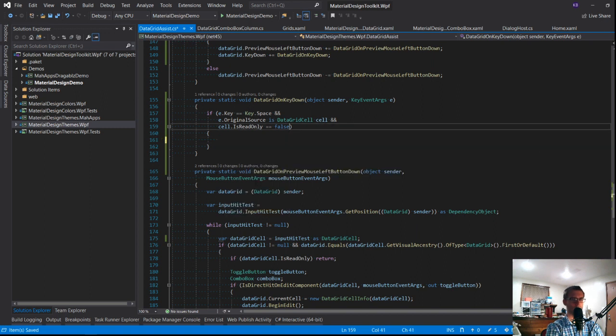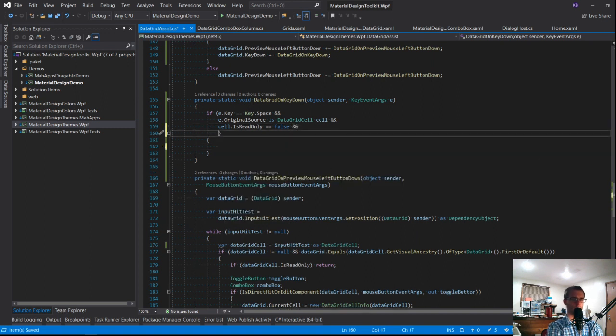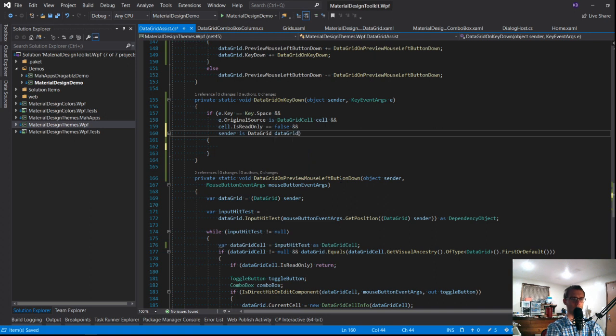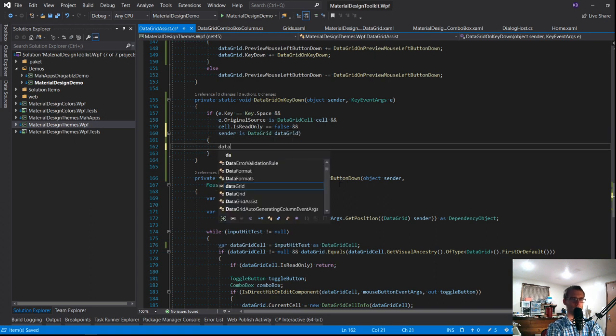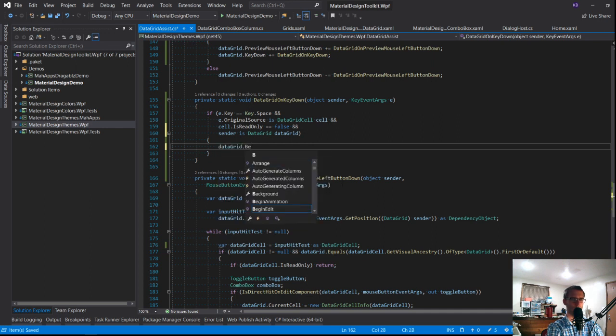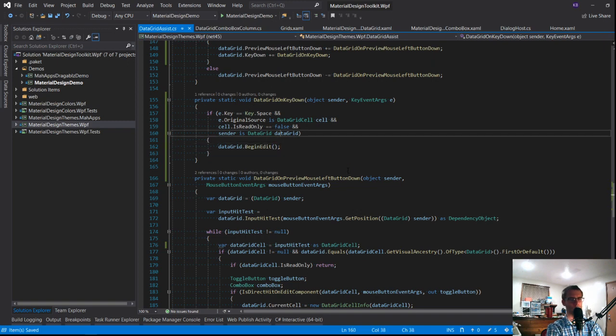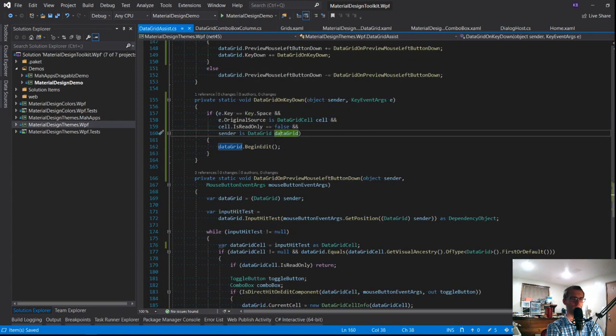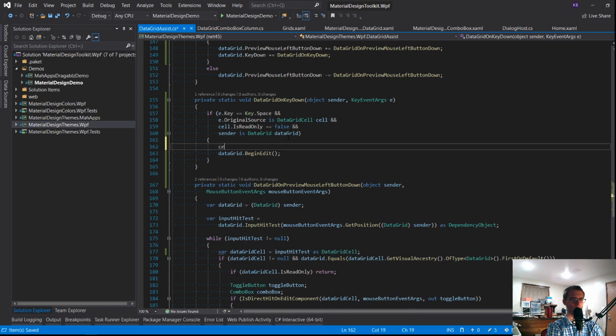So let's also, and sender is DataGrid. So DataGrid begin edit. I really would prefer to know, does the cell know anything about its column?